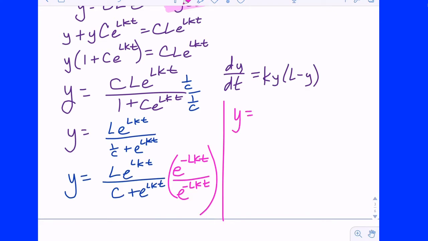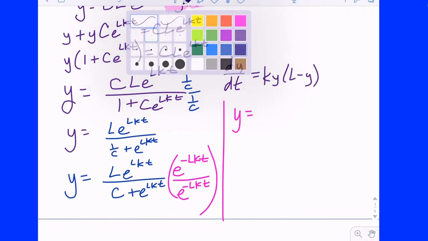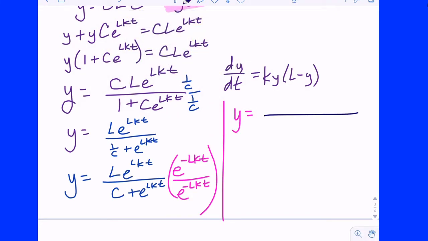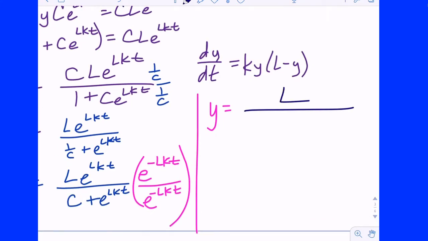I get Y equals, and I'm still going to have a fraction. What happens in the numerator? I have E to the LKT times E to the negative LKT. The bases are the same, so I can add the exponents. What is LKT minus LKT? 0. What's E to the 0? 1. So I'm left with L times 1, which is L,